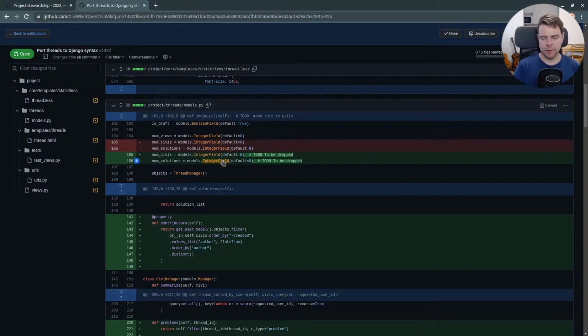Because in any case, those number of civvies and number of solutions would be neat. We would have to count those if we're displaying them in the UI, if that's a feature we want to keep. If we don't want the civvy and solution counts, then of course we can drop the fields. There's no question. If we do want those counts, then we have to determine where those counts should occur.